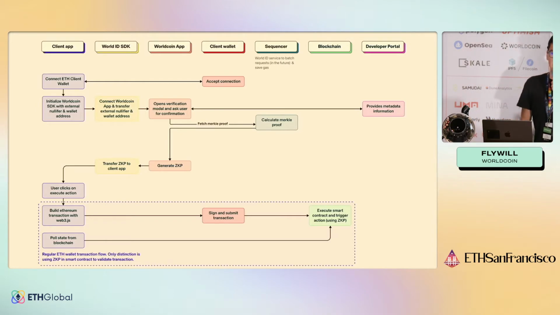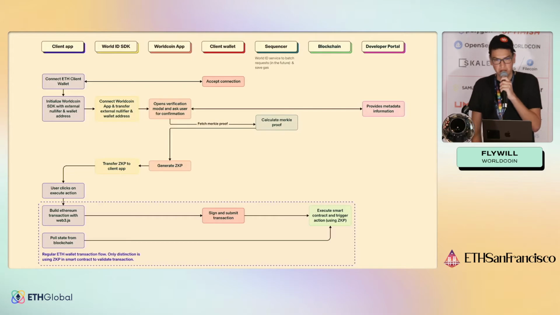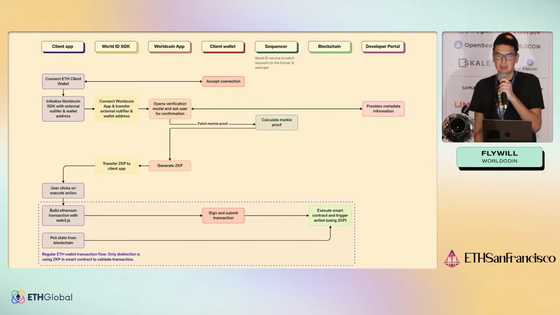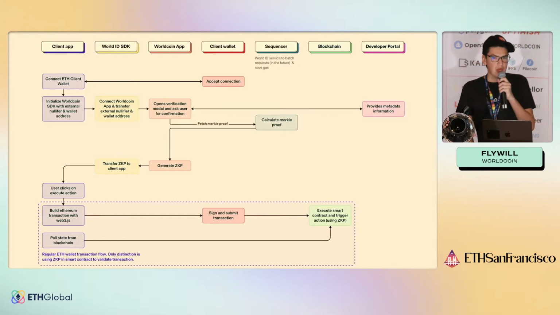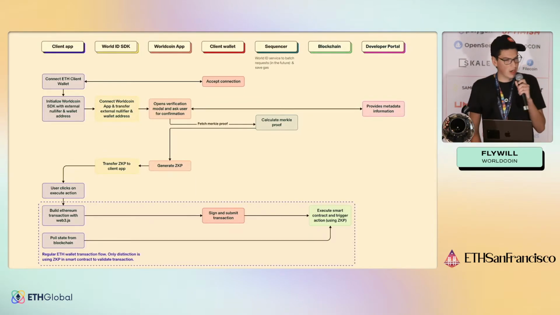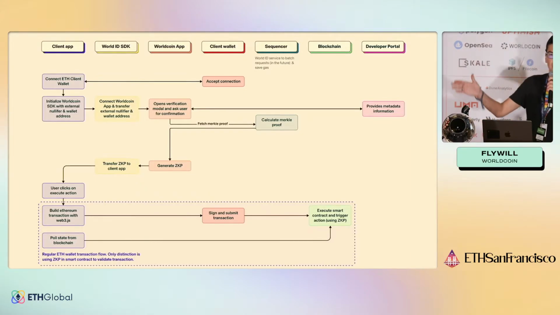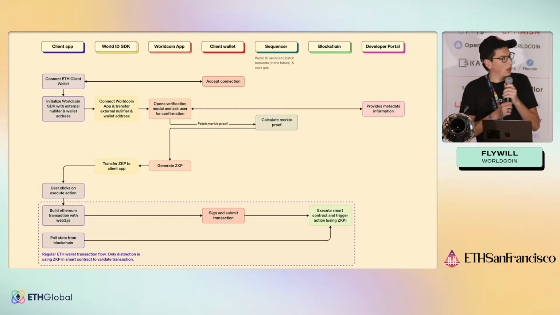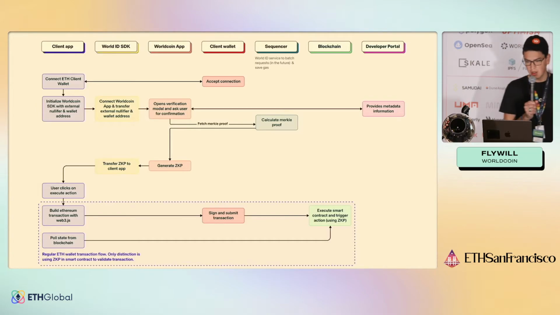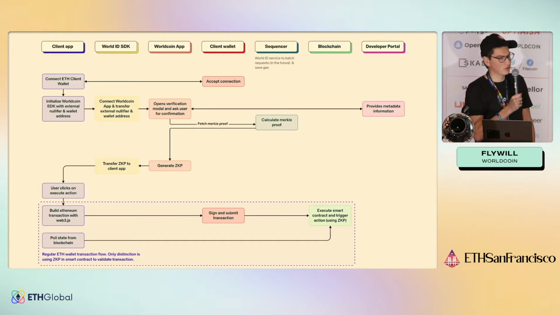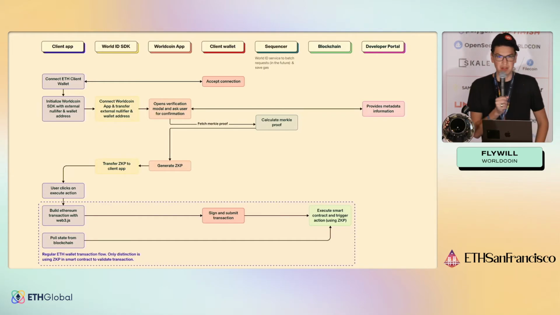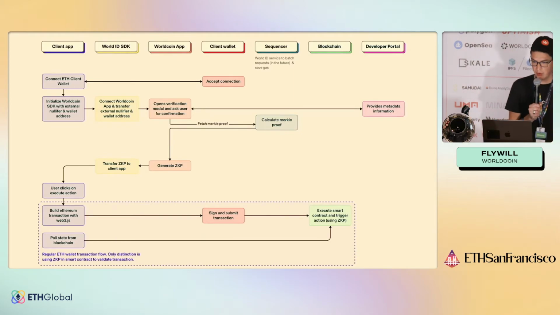The other piece is the WorldCoin app will generate this zero knowledge proof, give it back to your application, and now your application needs to verify that the zero knowledge proof is actually valid. So to do that, the application needs to call our smart contract with the proof and say, is this user actually verified or not? As an alternative, if you're not building something that's on chain, we have an API that abstracts all of this, and you can simply do a traditional REST API request, and we'll call the smart contract for you.